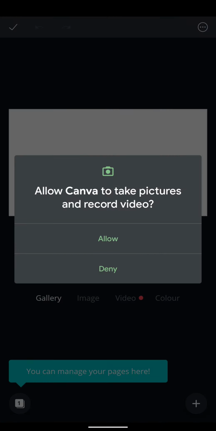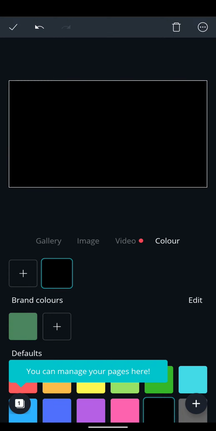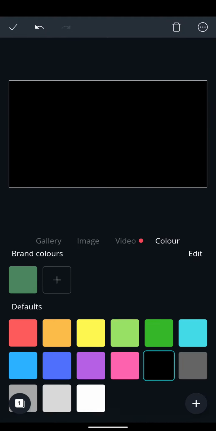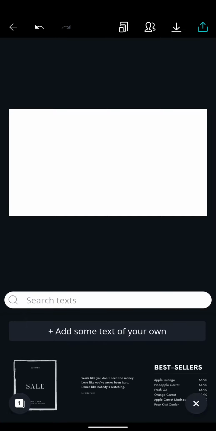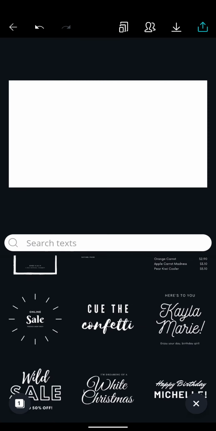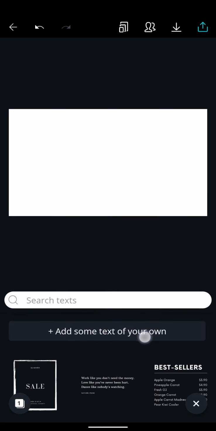You can play with the color, click on color. You can change the color, but I'm gonna stick to white itself. Now if you want to add anything on top of that, you need to click on plus. So you can add text, image, video, sticker, illustration, template and logos. So let's just say plus, and then we add some text. You can select some predefined fonts here or the templates here for text, but I'm gonna straightforward type something here,